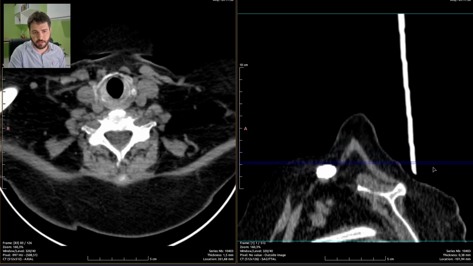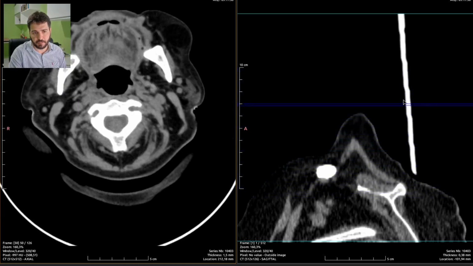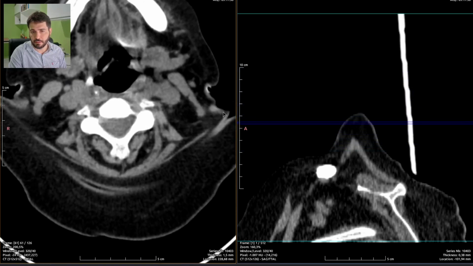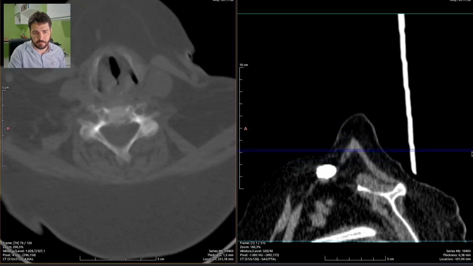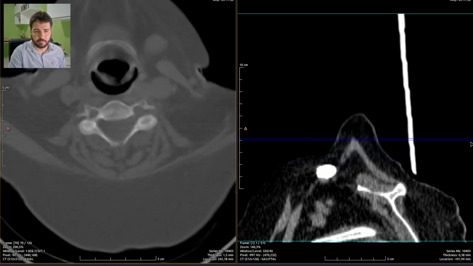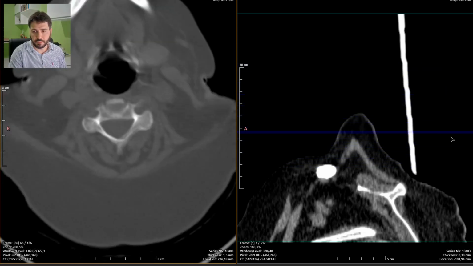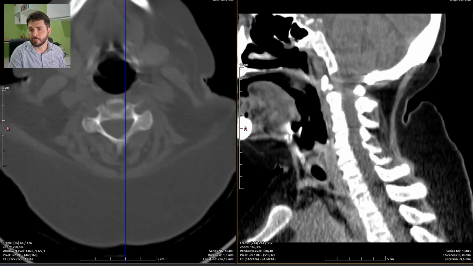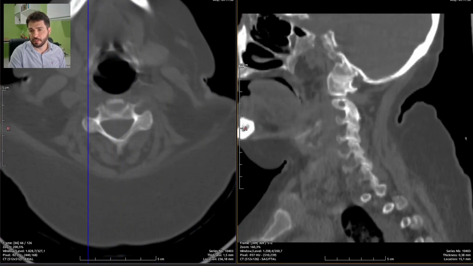Yep, shaky as always, very badly done, all shaky, all blurred. But it is what it is. What can you do? I can't really do much except report